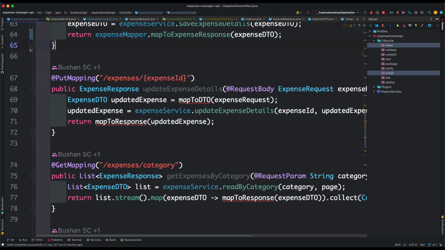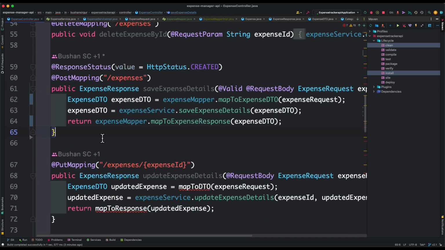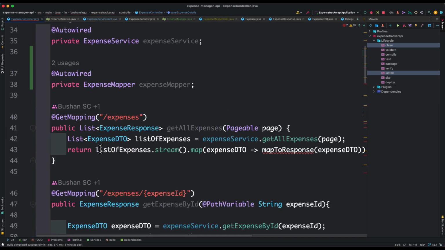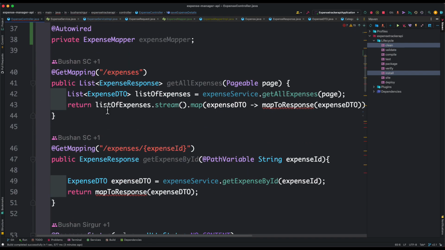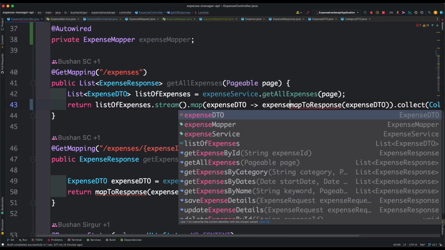We get some errors. That's completely fine. We can fix it. Do we have any other private methods? Nope. Let's start converting it. This is the map to response object. What we can do is, let me minimize this. Okay, now we can use the expense mapper,